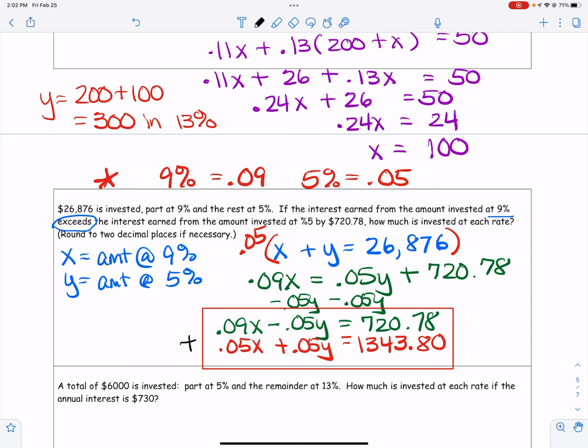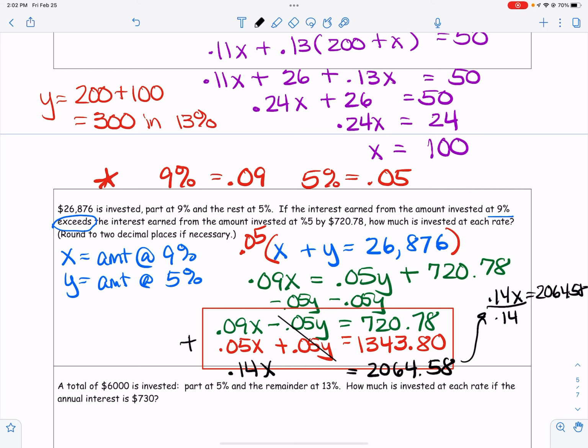So I get 0.14x, that cancels, equals, and I get 2,064.58. So I'm going to divide $2,064.58 by 0.14. So let's come up here. 0.14x is equal to 2,064.58. Divide by 0.14. And so the amount at 9% comes out to be